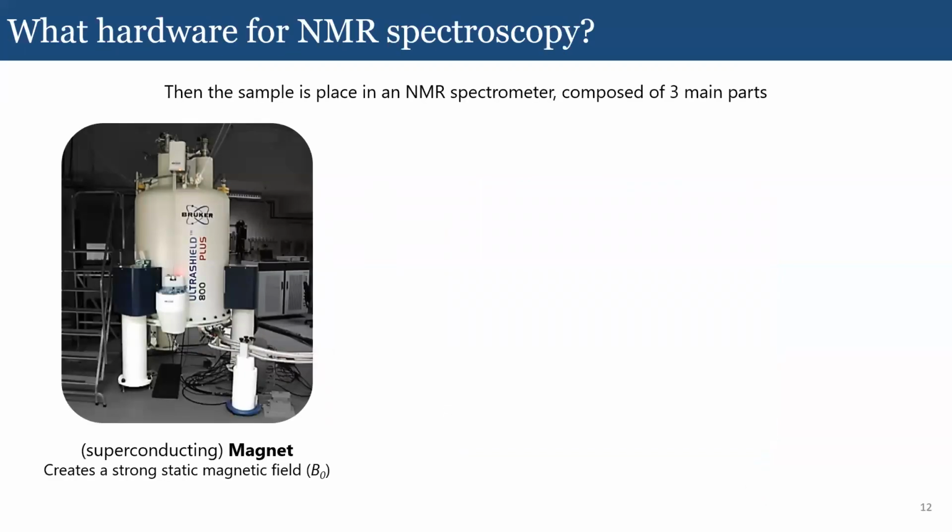So now that you have your NMR sample ready and packed or put in a tube, what do you do? To do NMR spectroscopy, I know it might sound silly, but you need an NMR spectrometer, right? And in fact, an NMR spectrometer is not just one single unit. It's composed of 3 main parts. I'm putting the benchtop NMR on the side here, not because I don't like it, just because you can't do solid-state NMR on a benchtop system. So like I say, 3 parts. First, you have a mag